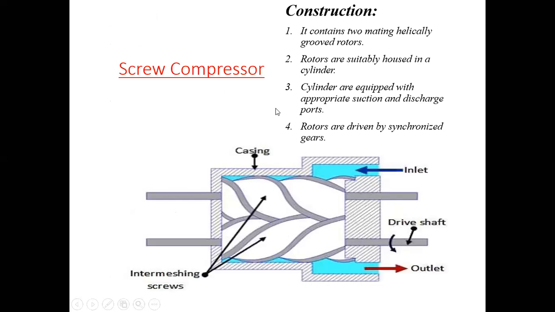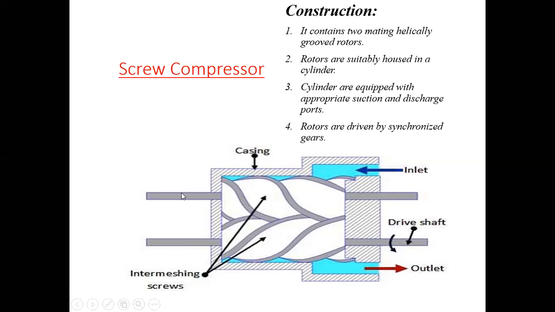The next type of compressor which is used is the screw compressor. This is a very important type of compressor. As we all know about the screw, first of all, this is the construction of a screw type compressor. It consists of a casing. Then two screws are provided, out of which one will be the driving member and another will be the driven member. Here we can see the intermeshing of screws. One screw is meshed with the other screw so that the power can be transmitted.